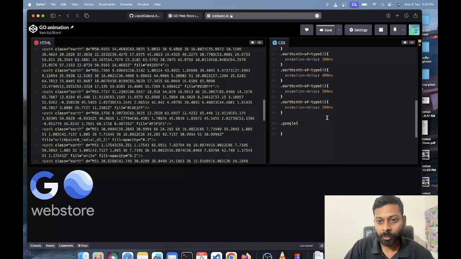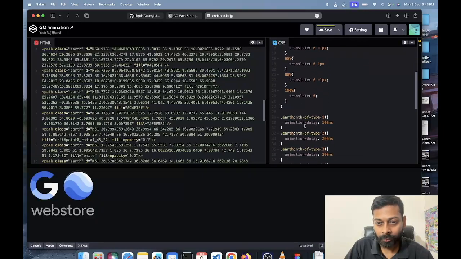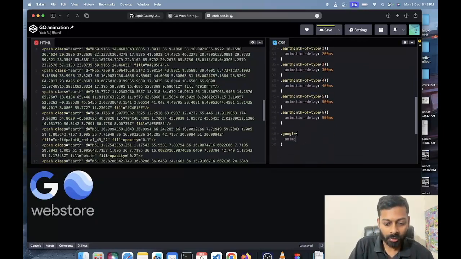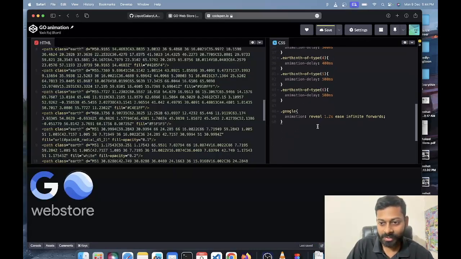So let me just use some animation like the one that we have here. I will be calling it, I don't know, arc. It is like revealing itself, right? So reveal, 1.2 second ease. And by the way, I am just writing the numbers and ease by hit and try. I'm not thinking what I could do differently here. And it should be forwards. It should end right where we are ending the animation. It should not reset itself, so forwards. And now Google